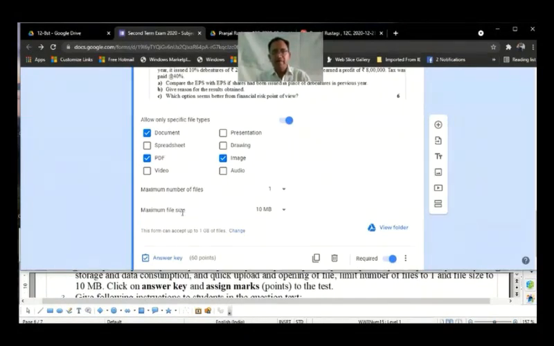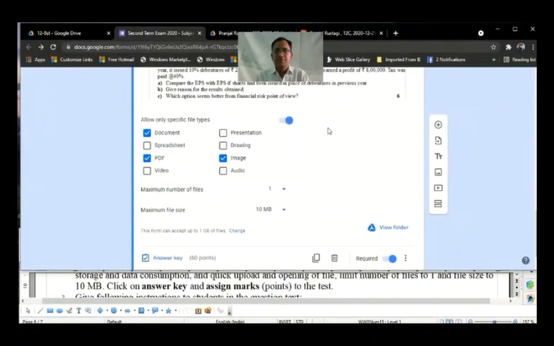Now, we have advised the students to keep the file size around 1 MB. But in case some students still make a larger file, we over here will allow maximum file size of 10 MB. Right.